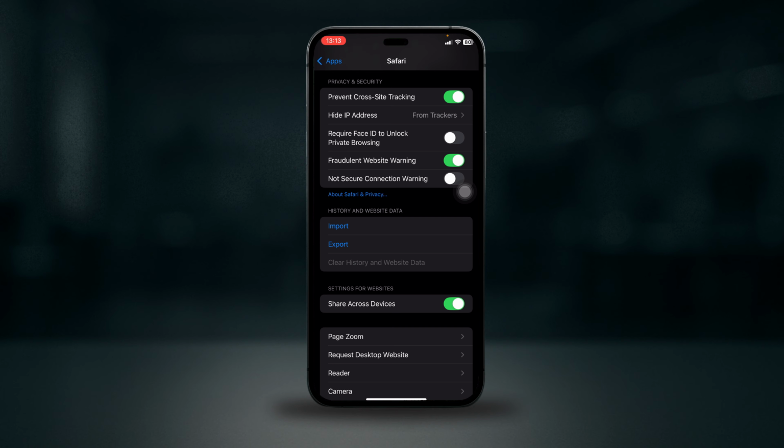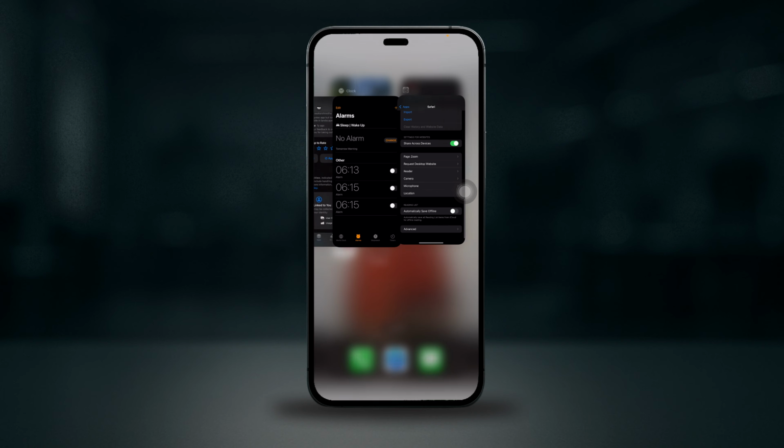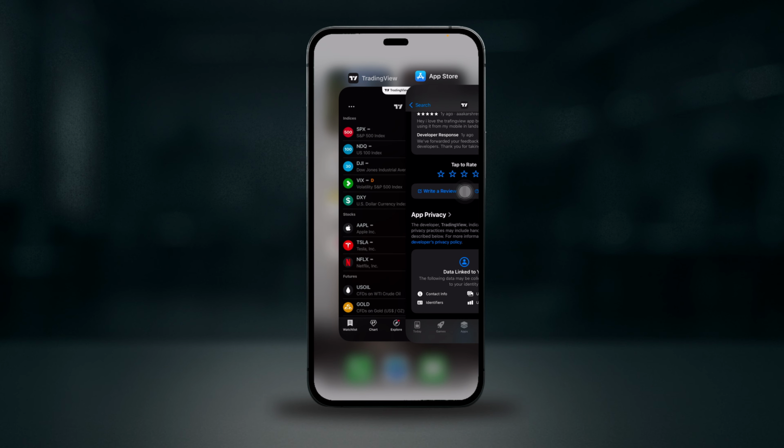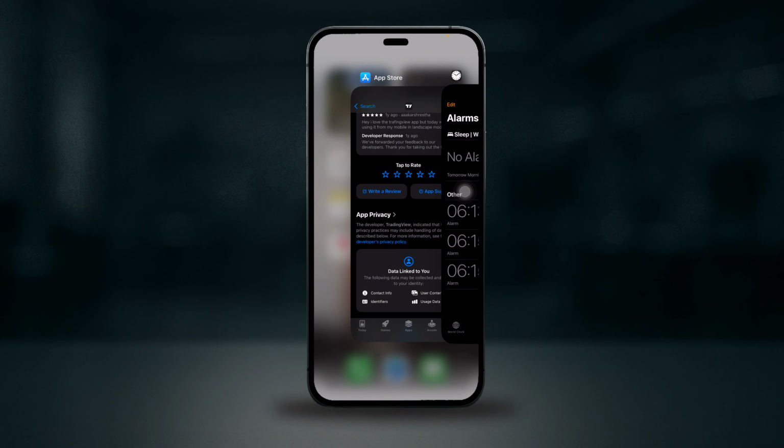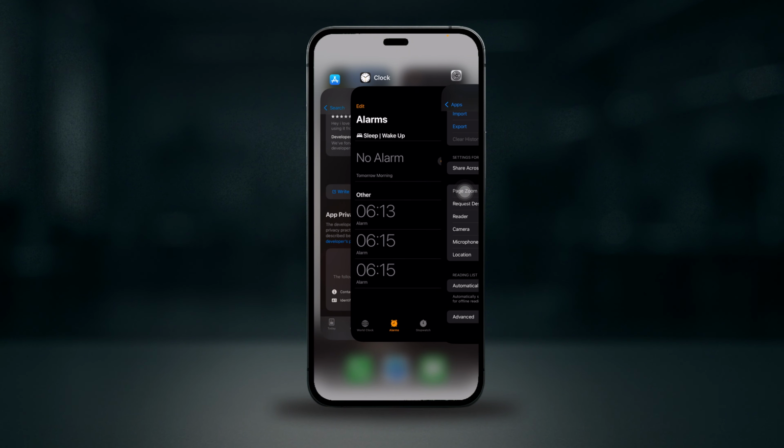Next, force close and reopen the TradingView app. Swipe up from the bottom of your screen, find the TradingView app, and then remove it, swipe it away from the screen completely, then reopen to start a fresh